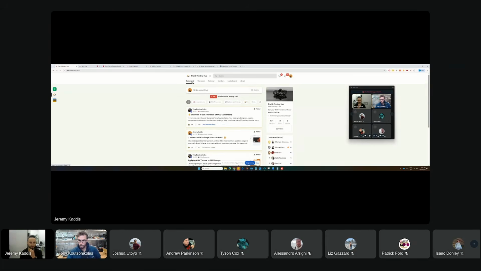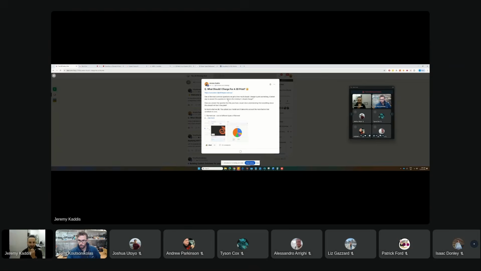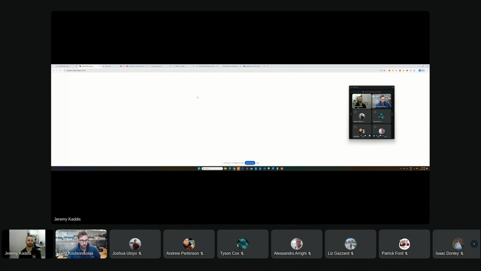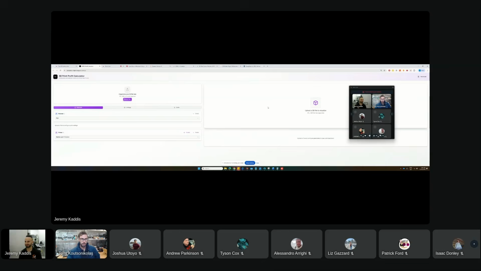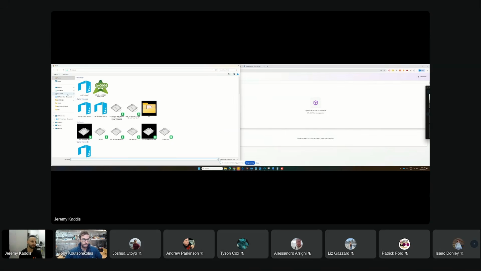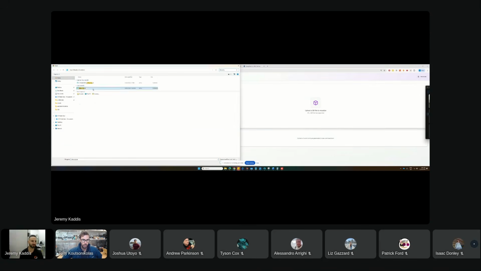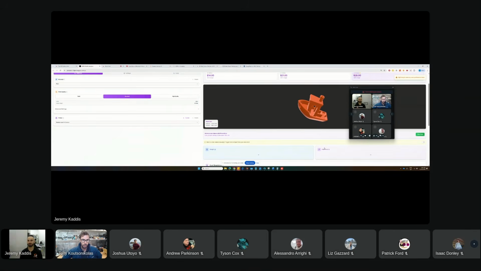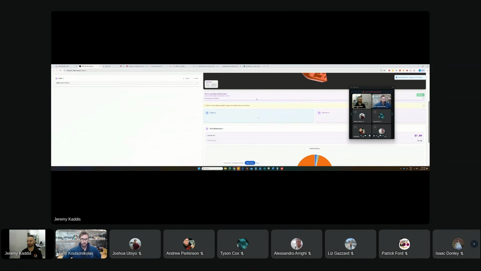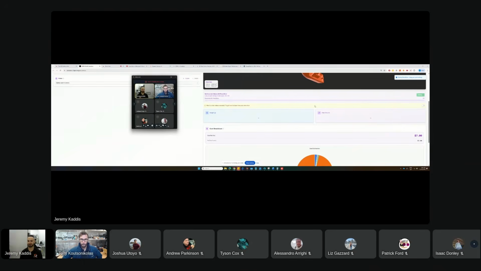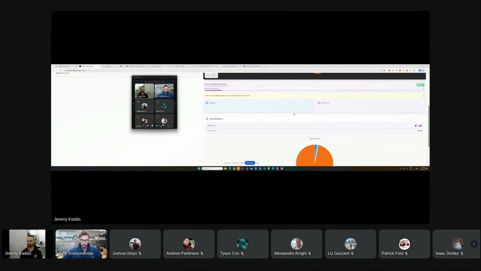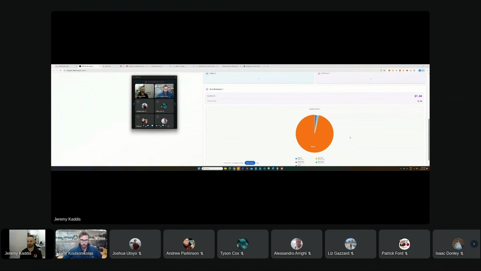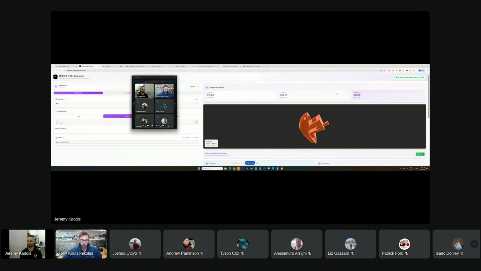So what it ended up creating was this here, which is that profit calculator. This was revision 1. You pop it in, it creates this model, and then it gives you a breakdown of weight, print time, cost breakdown, analysis, and what it thinks you should charge. Okay, so that was revision 1.